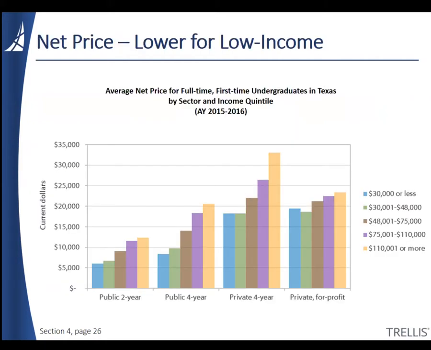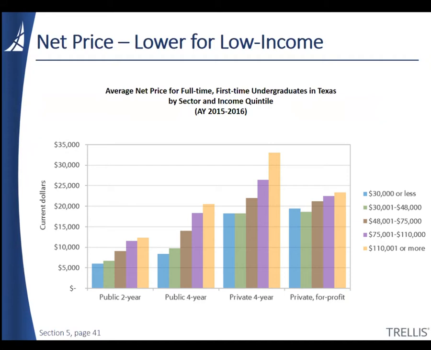Most students don't end up paying the full cost of attendance due to things like tuition discounting and free money like grants and scholarships. The net price is the cost of attendance minus all grants and scholarships, leaving the amount that students must either pay out of pocket or with loans. As you would expect, the net price increases along with family income, as those with more resources are expected to be able to pay more of their educational costs.